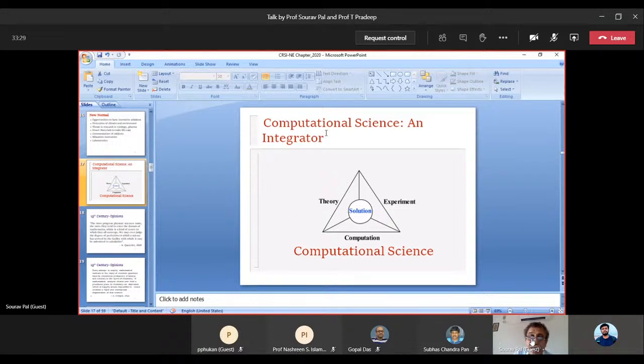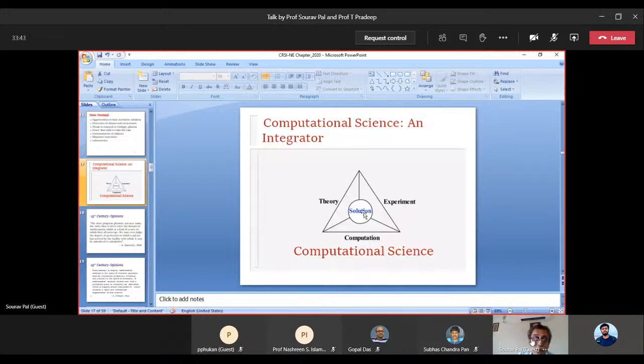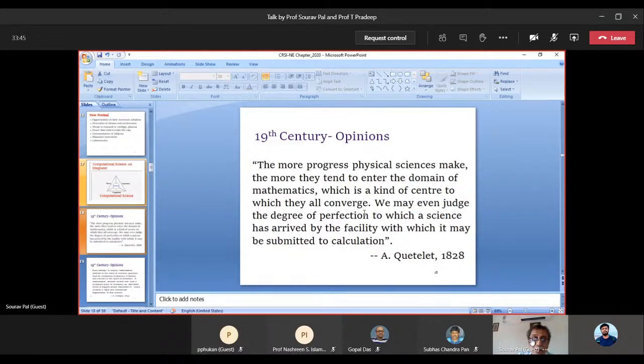And for that you need, of course, theory. That is very, very important. And this theory is validated by experiment. And then we do computation, and together we try to find a solution. I think that is very important, that in the next generation, solutions will come through the combination of theory, experiment, and computation. In fact, a very important quotation I would like to quote